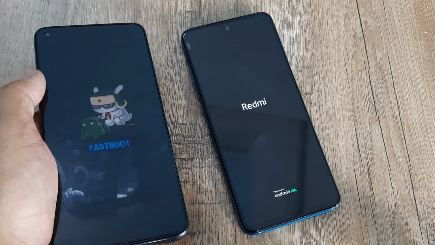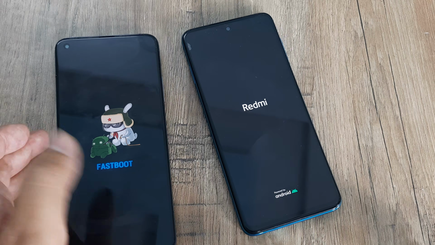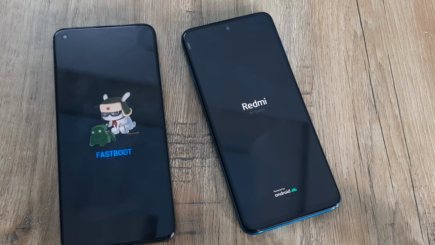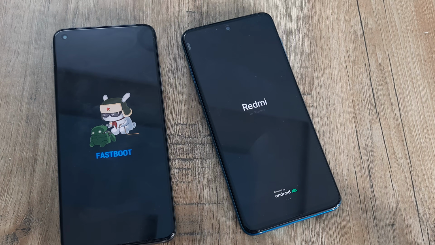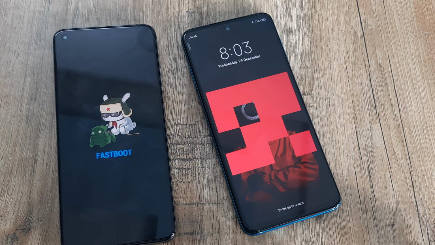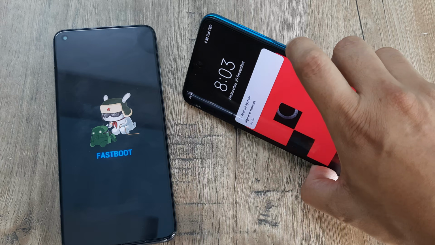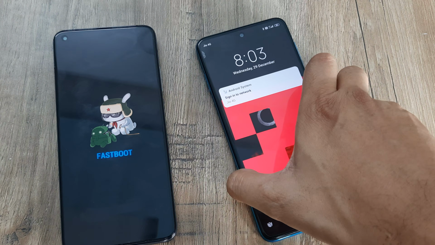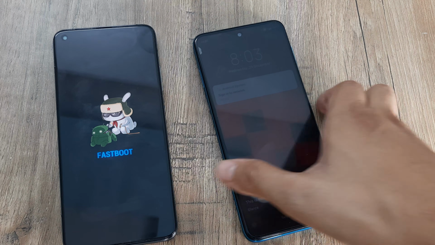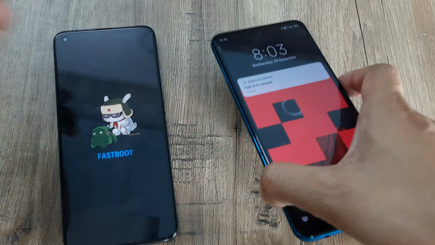So if you are having a Redmi or if you're having an Mi, and if you are having the fast boot issue, I really wish that you understand that this is nothing to be scared of. It's an Android state and it's done intentionally to run certain fast boot commands. However, if you have run into this state and really don't know how to boot the phone normally, what you can do is just hold on to the power button and keep it pressed, say for 15-20 odd seconds. When you do it for the first time, it may take abnormally high time, but you need not be perturbed. If it's not working, just hold on to the volume up, volume down, and the power button, all of them together for quite some time.